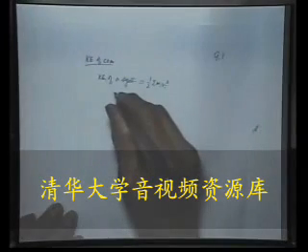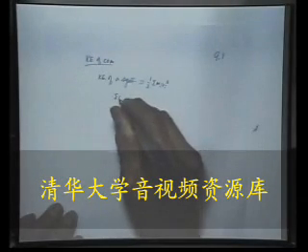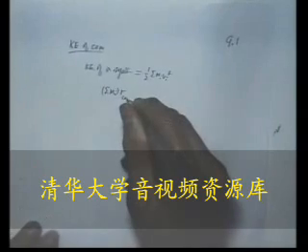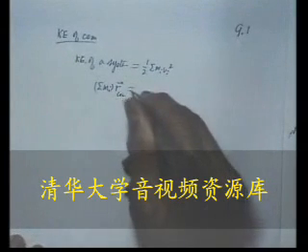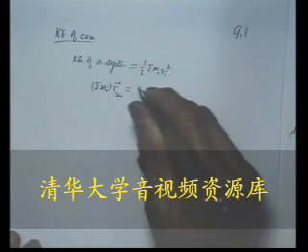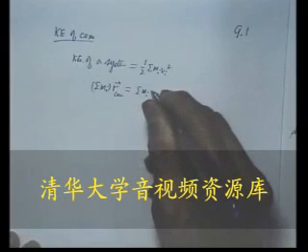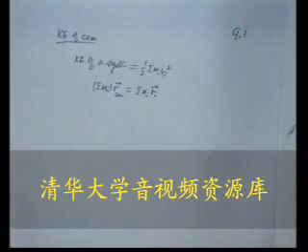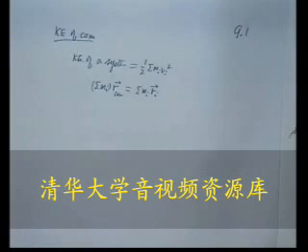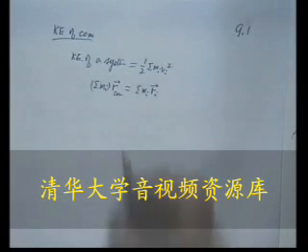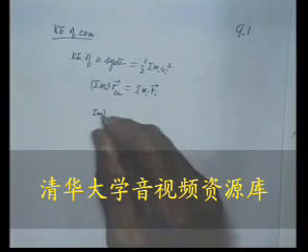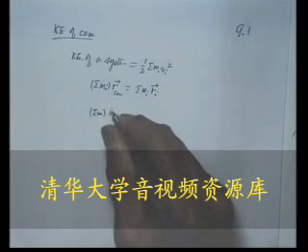Now we have summation mi times r center of mass is equal to summation, that defines the center of mass coordinate. If we take the derivative of this with respect to time, we get